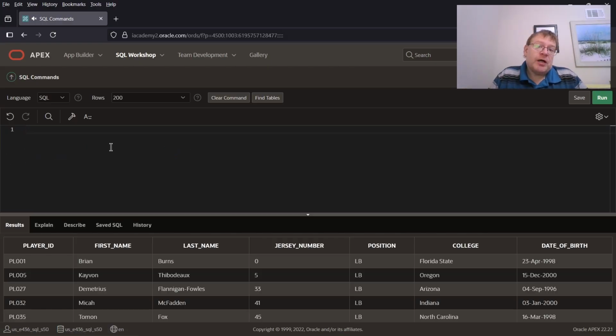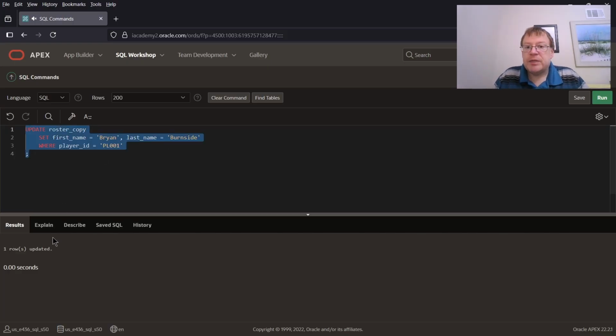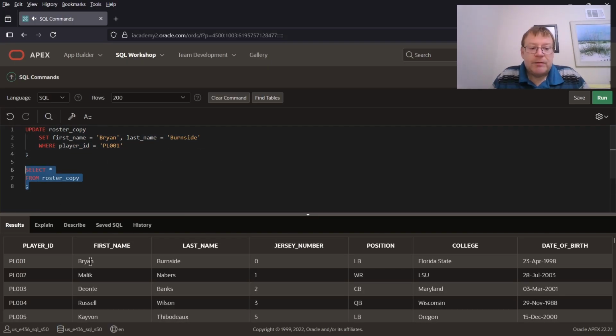So since we talked about compound criteria, just keep in mind you can also do more than one update at the same time. And if we were to run this query right here, you could see Brian Burns. We could update his first and last name at the same time, and in addition to many other fields if we wanted to. And we can see one row is updated, and we can see that one command did update